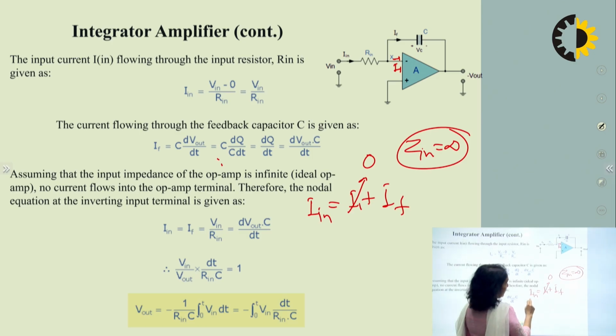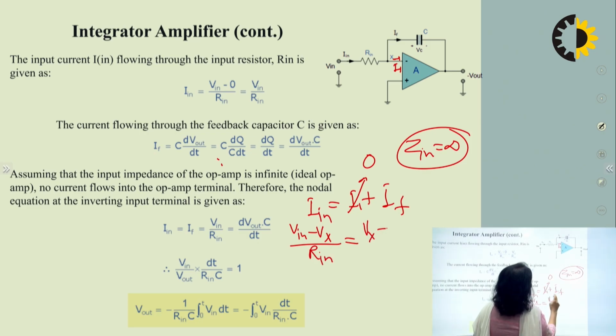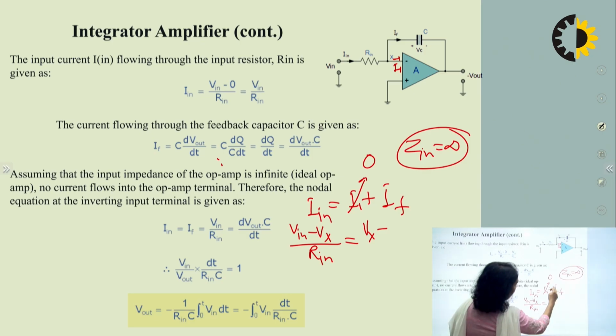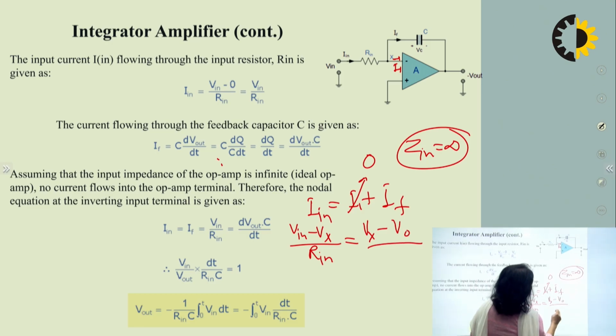So I input will be equal to IF, and we write I input as V in minus Vx divided by R in, and that is equal to Vx minus V naught divided by